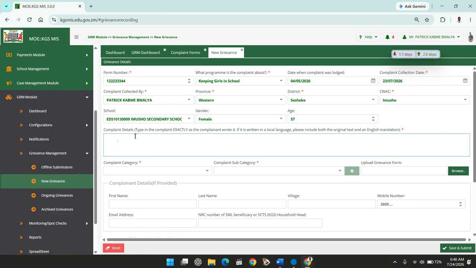Then complaint. So here we are told to say complaint details. You type in exactly as the complainant wrote it. If they have written it in local language, you write the local language, then you translate. So in this case, maybe I'll say,